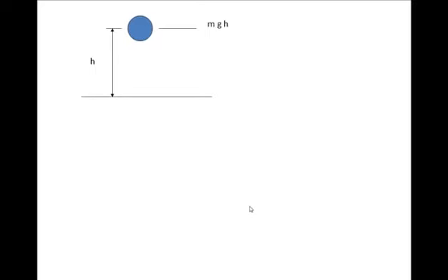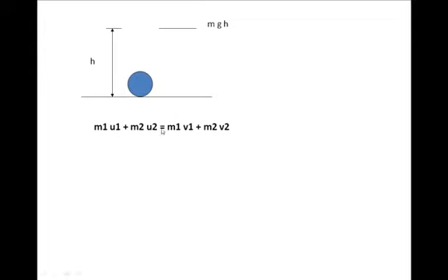Let's say I have a particle of mass m and I drop it from height h and it hits the ground. Now the ground is infinite mass in comparison with this mass. So this is a case where this particle is having collision with the infinite mass. Now, what happens is